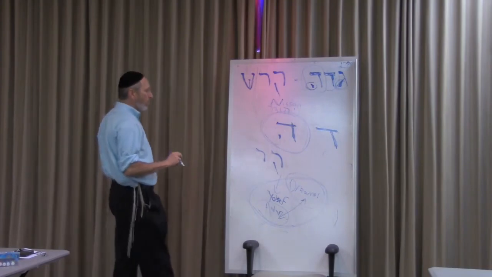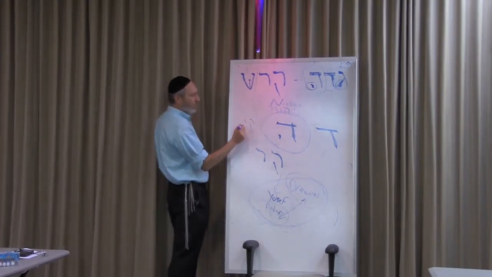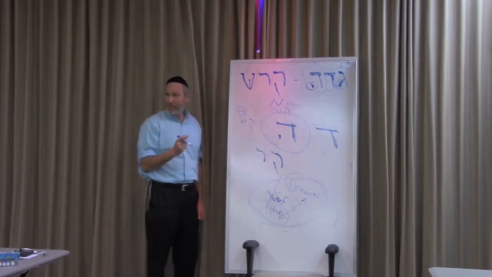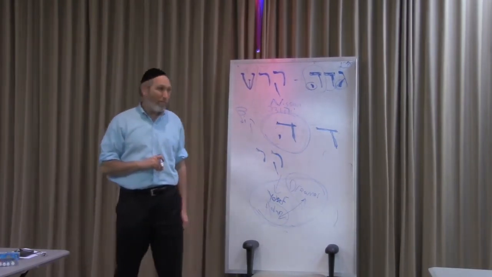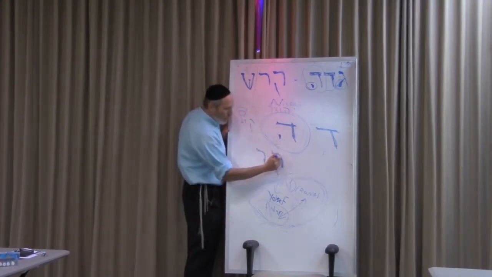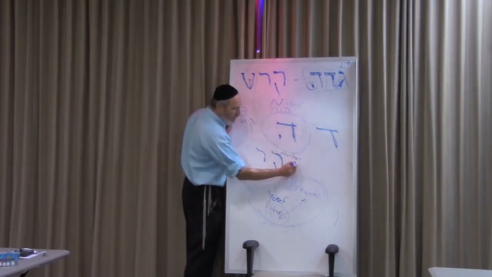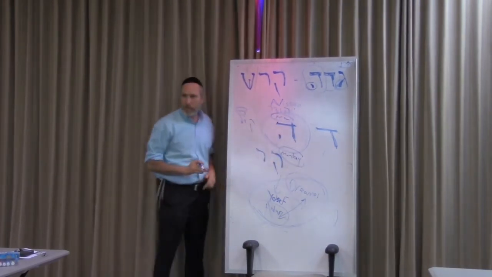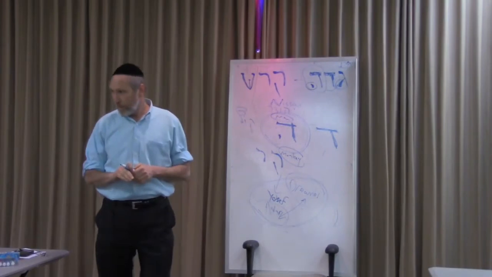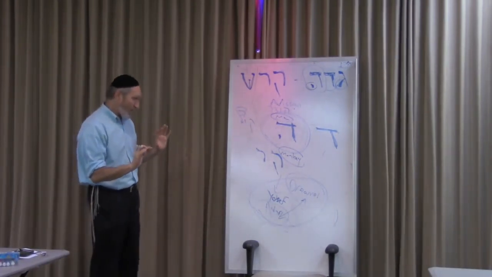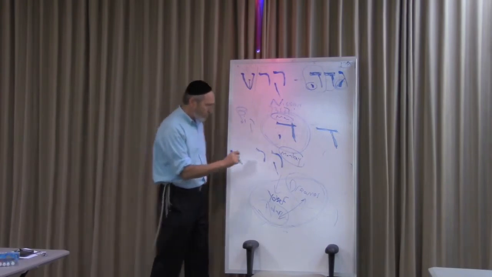Does anyone know what the word kuf means? Imposter. Yes. A monkey. This, ladies and gentlemen, is called the monkey before the man. Let me explain. I'm not saying Yosef is a monkey, that's not what we're saying. This is really very deep, very fascinating. Let's try to break this down.